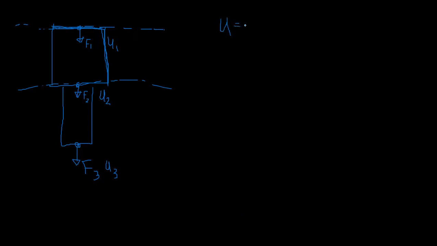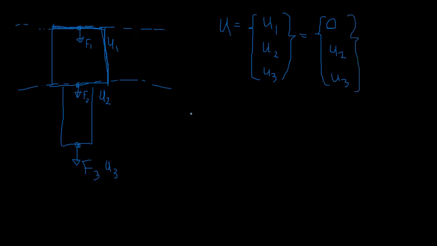U matrix is, so you and me know at the first coordinate, the first node, it's fixed, right? So it can't have a displacement. So that means U1 is 0. It's fixed, right? So U2, there will be some value, we don't know. Let's call this U2 and U3, right? And for the force matrix,